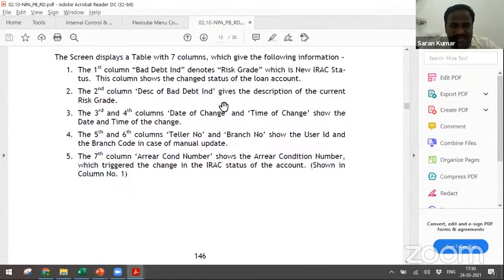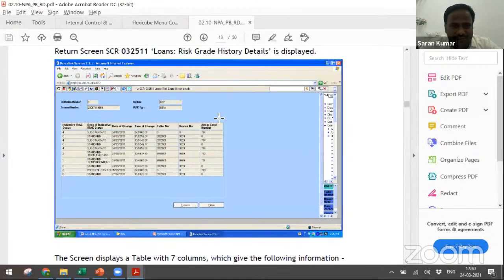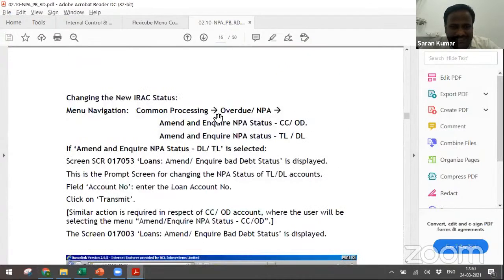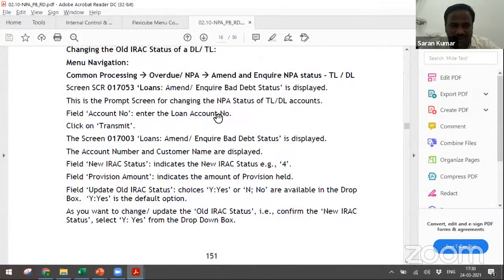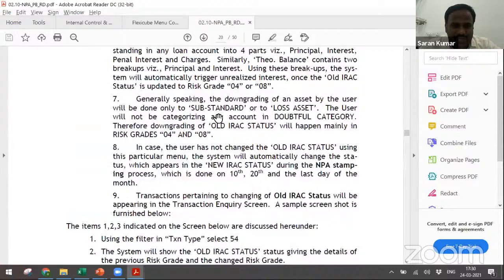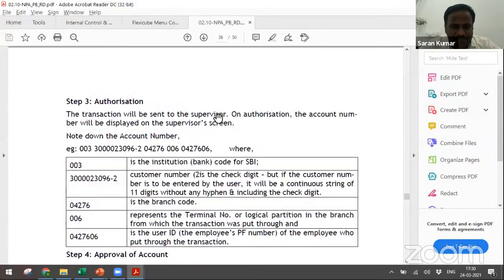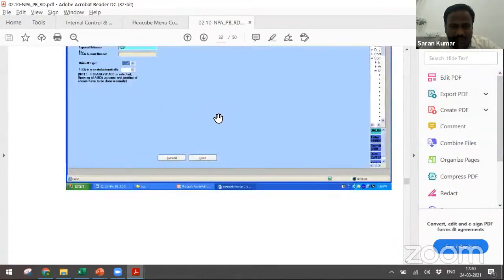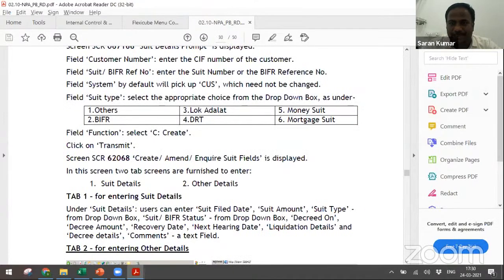Now, this is how the bank's 24 software screens look. You can start looking into this. They explain very nicely how the NPA process happens end-to-end. This file I have also already kept over there. You can look into the menu codes they have explained at different places. So this is one file I want to draw your attention to. Whenever you have free time, start looking into the same.